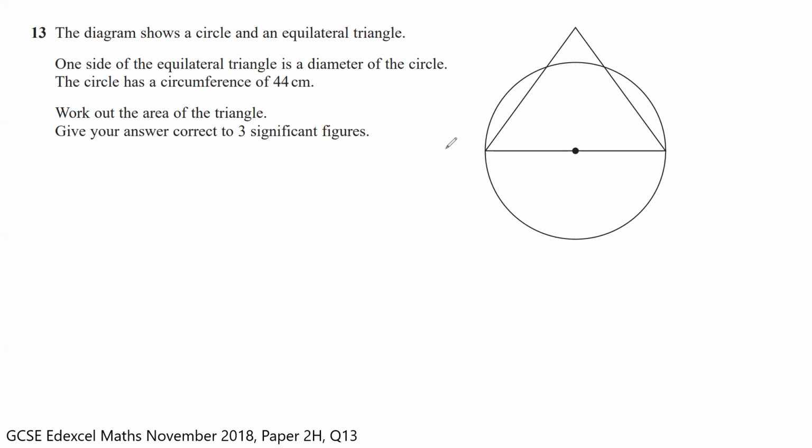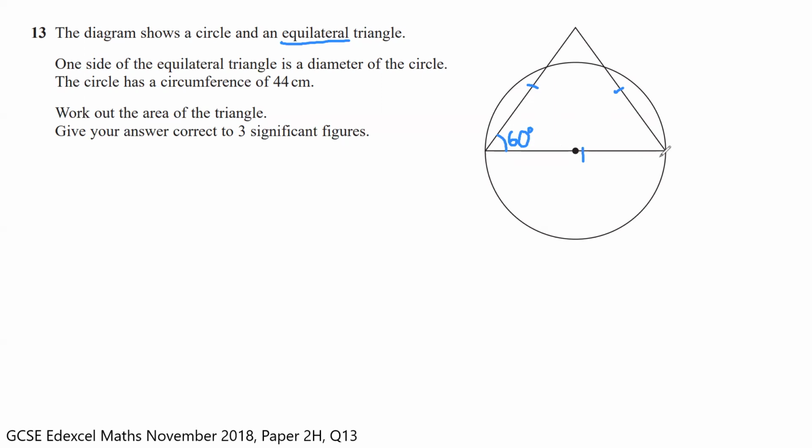Okay, so let's get started with this question. We're going to start by reading exactly what the question is telling us to do, what information we've got, and then seeing how we can link that to the diagram. So we've been told that it's a circle and an equilateral triangle. I'm highlighting the fact that it's an equilateral triangle because that tells us a number of things. Particularly the first point, which is that all three sides are the same length, and also that we know each of the angles. So we know this angle is 60 degrees, and that's the same for the other angles as well. We also know that the side length of the equilateral triangle is equal to the diameter